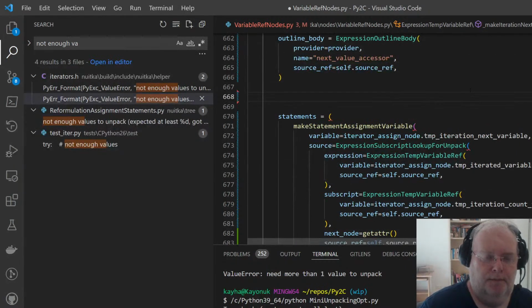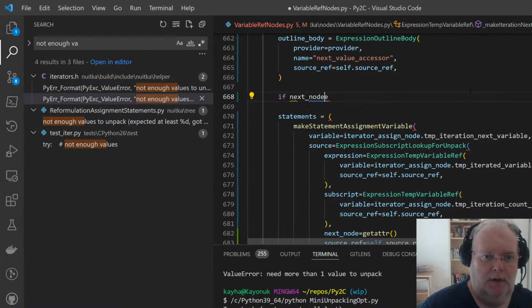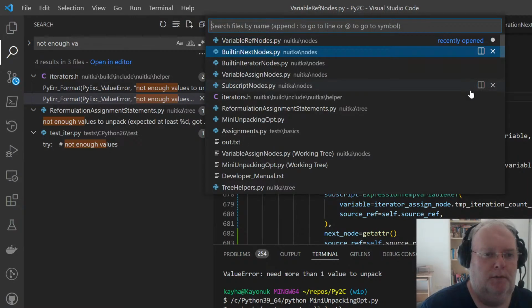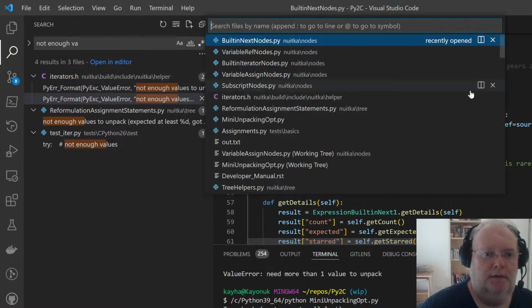Yeah, okay. If next node is the one for unpack node, is expression special unpack.